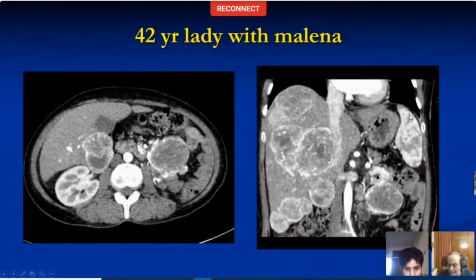But you can make out that it's also closely related to the jejunum. Right? This is a jejunal loop, right? Yes. And look at this. Yes, sir. Look at this. A part of the jejunal loop is also enhancing. Yes. Might be a carcinoid.